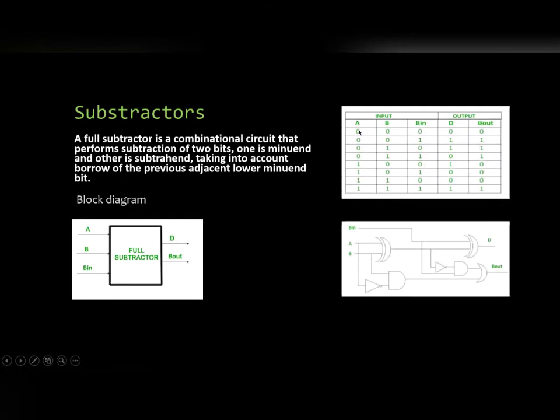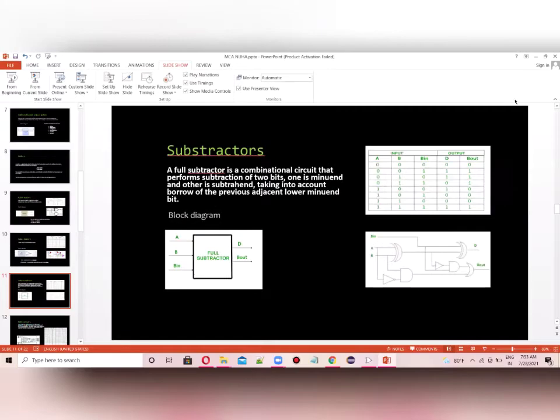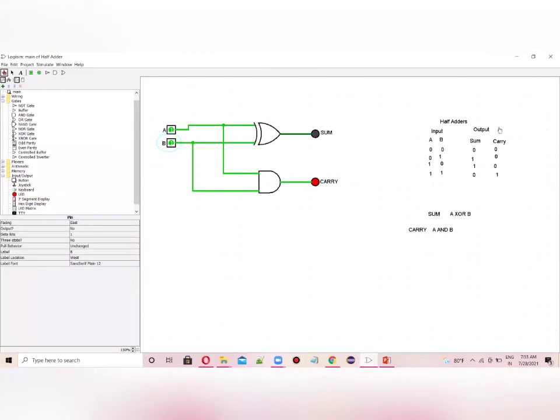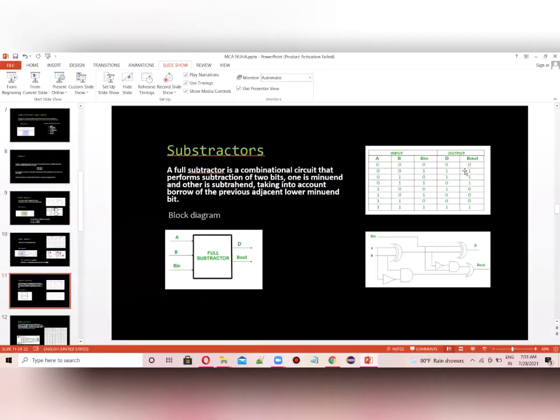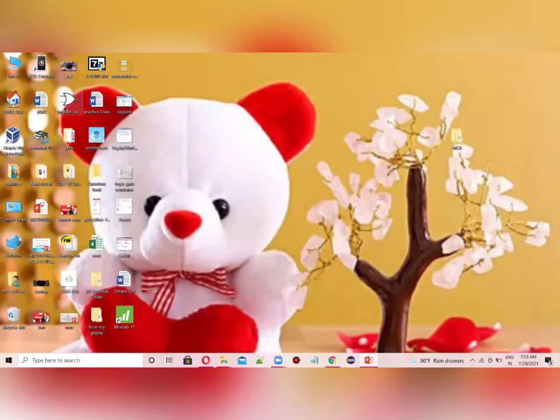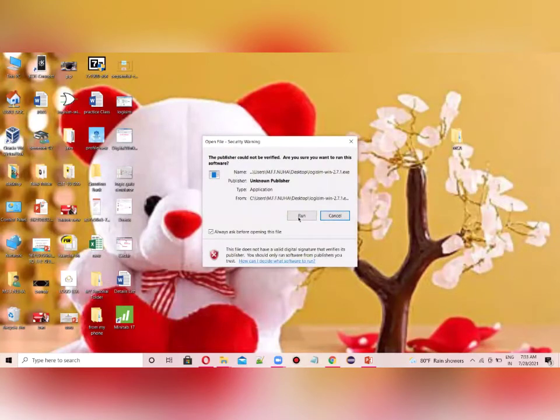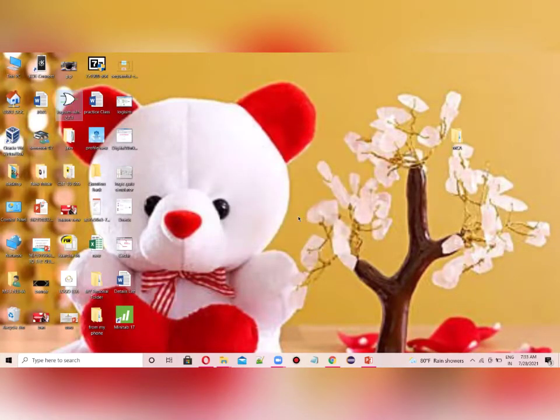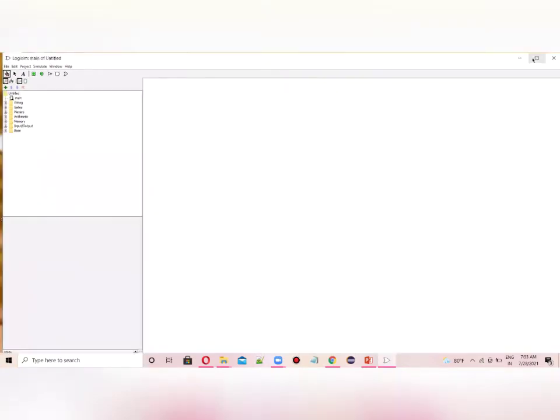Let me take the Logisim software. Let's give it a run. And now we can see the Logisim window.